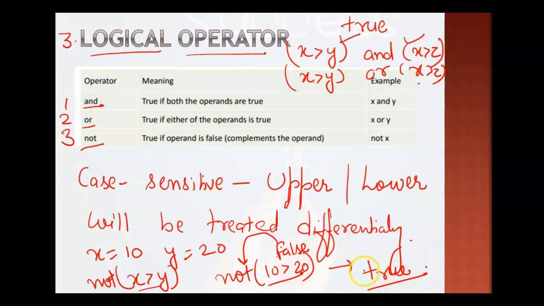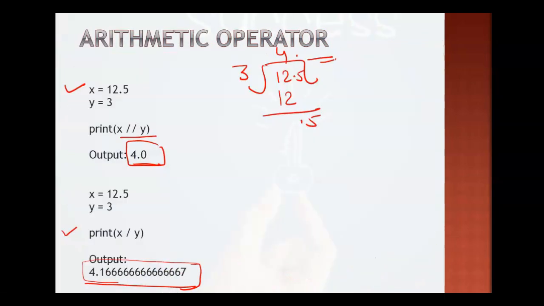But if you are getting the answer true, then this T will be a capital letter, because in Python T is capital, and F is also capital. But if you are just checking the result of an if condition, in that case you can just consider it as true. Okay, so today we have started with operators, and in total 6 operators are there.